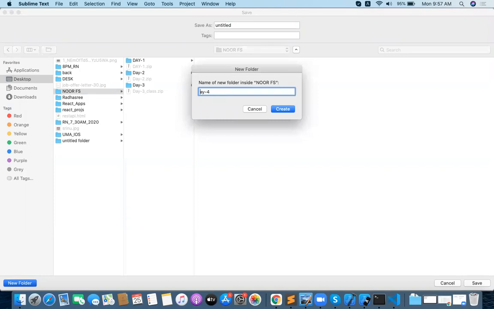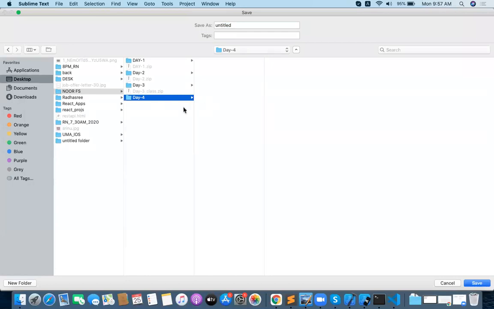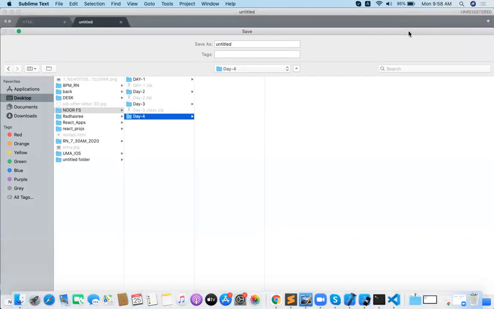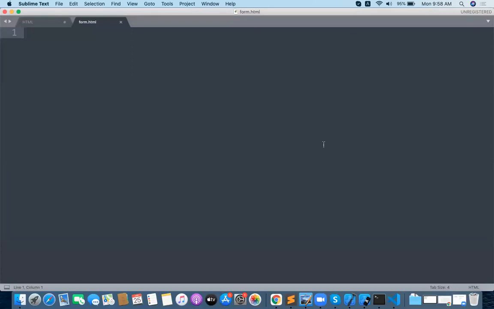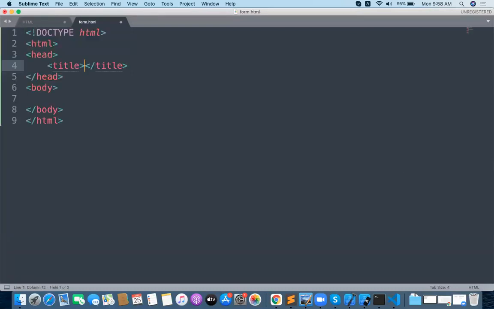In this folder I'm going to prepare a file saved as form.html. .html is mandatory for each and every HTML file.